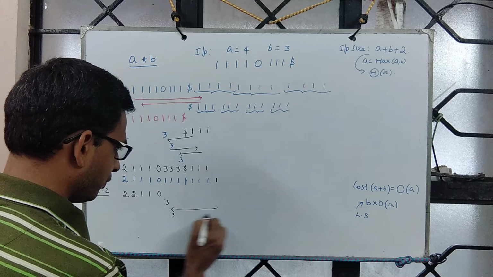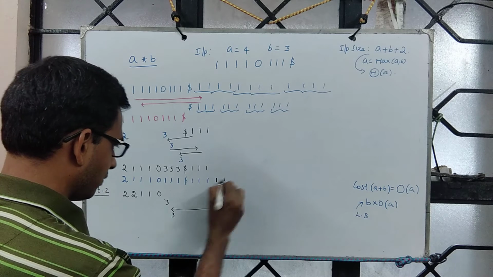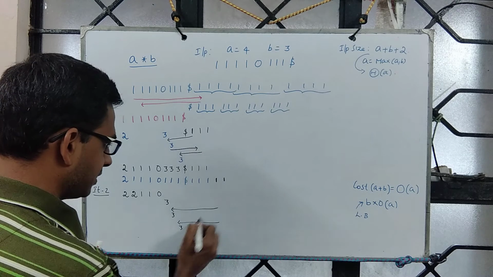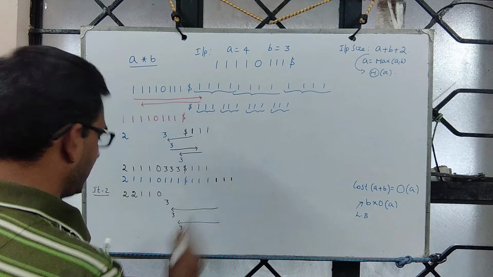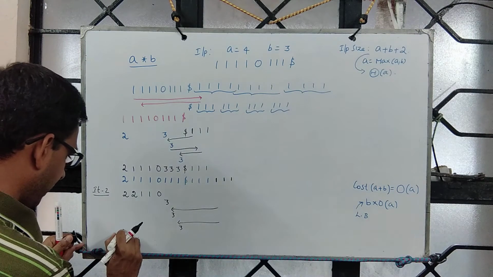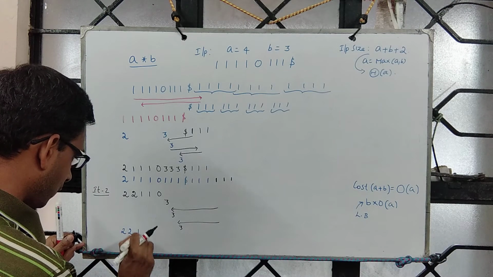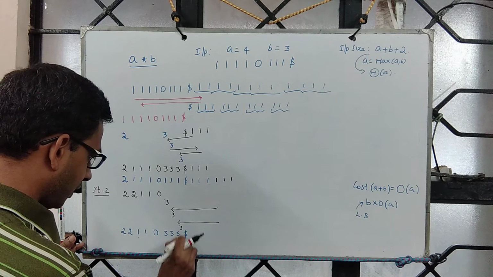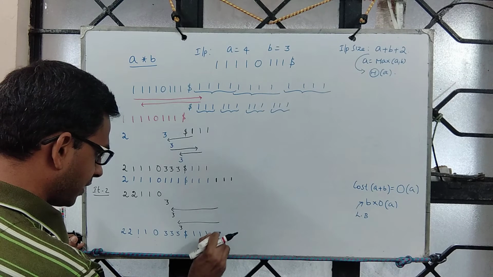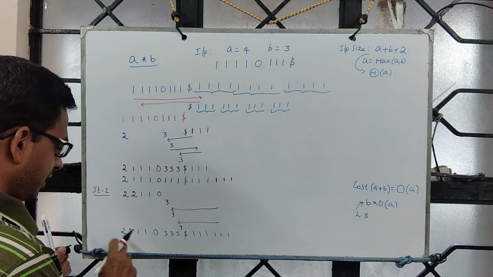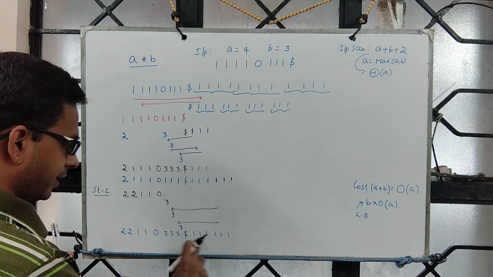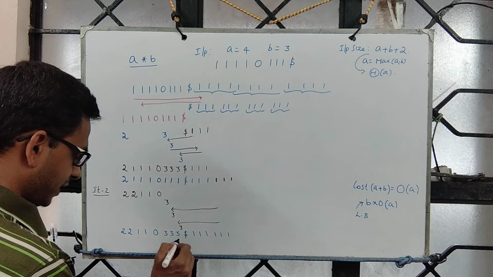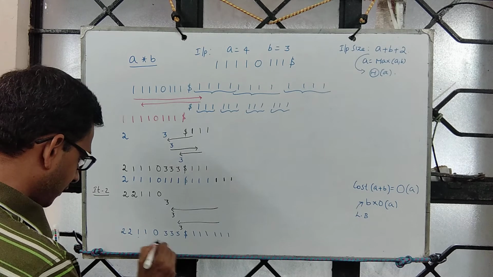So which means you will be writing 1 1, then come back until this part, change this to 3, move right, write one more 1 for this, again come back, write 3 for this, write one more 1. So at this point in time, if you look, the tape will have 2 2 1 1 0 3 3 3 $ 1 1 1 1 1 1, which means for these two ones you have copied B 2 times.